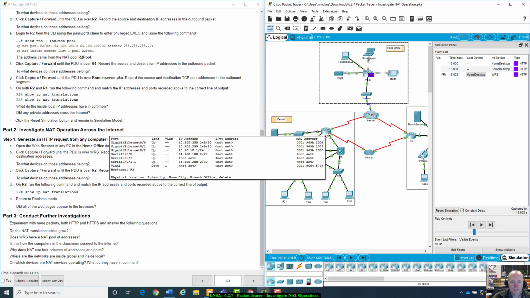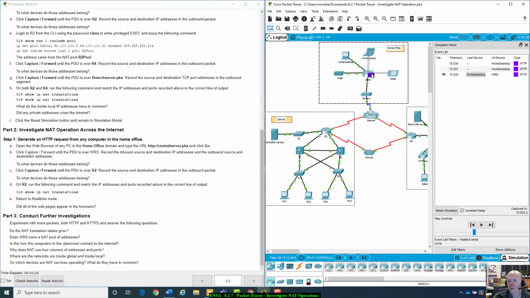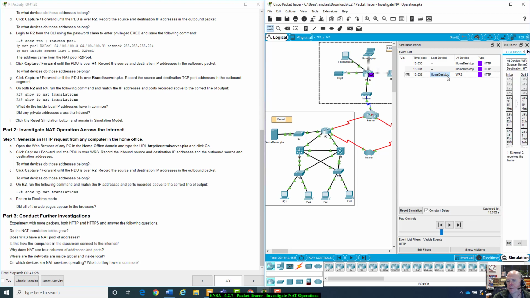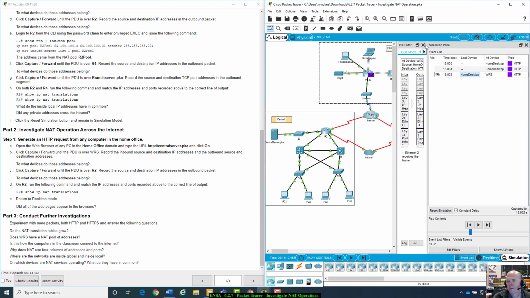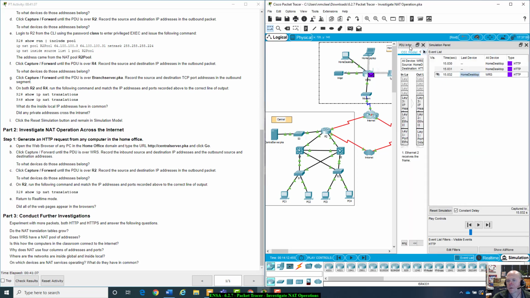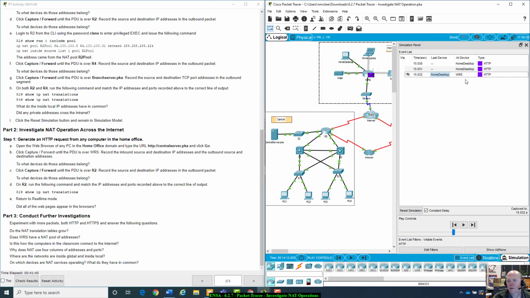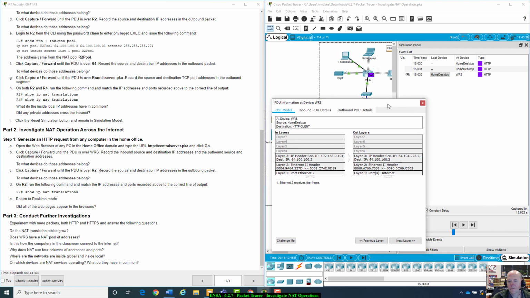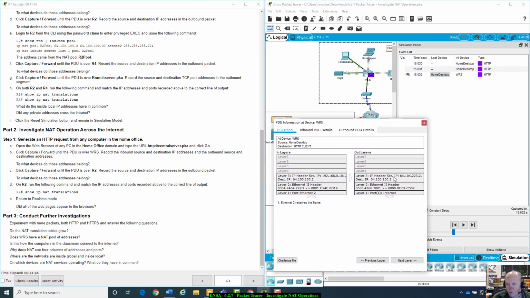So 64.100.102 is the serial 000 interface of R2. All right, I want to do this. I've never gotten good at doing this. All right, there we go. So whenever that's going,